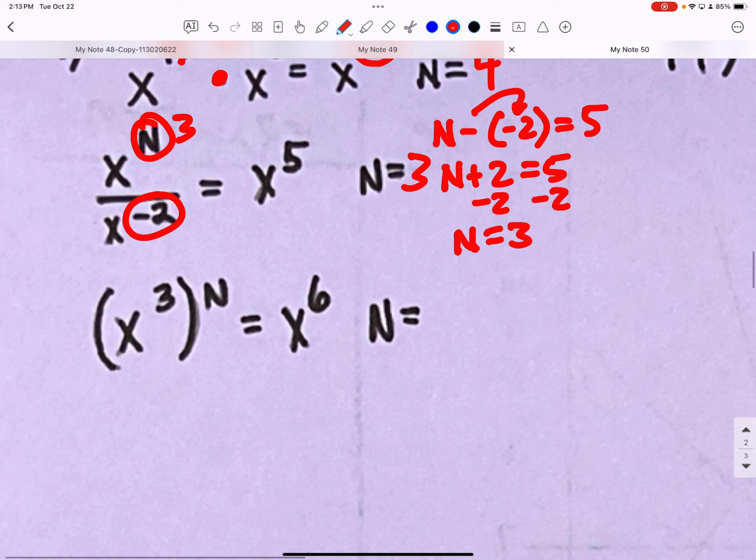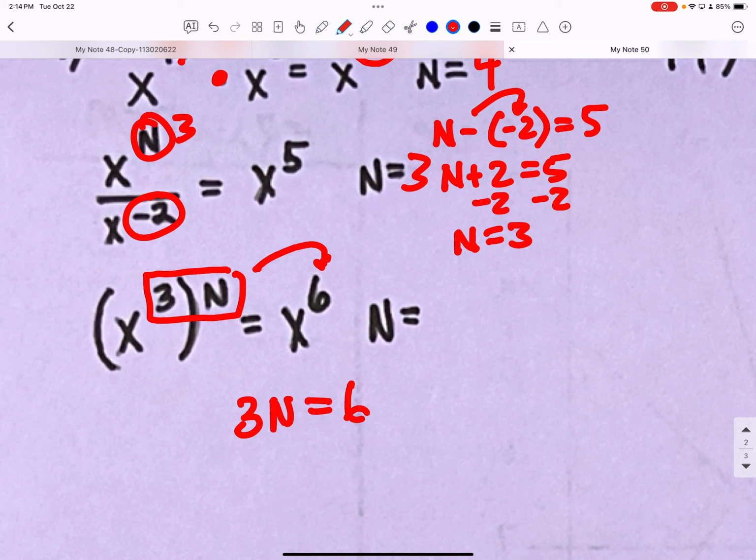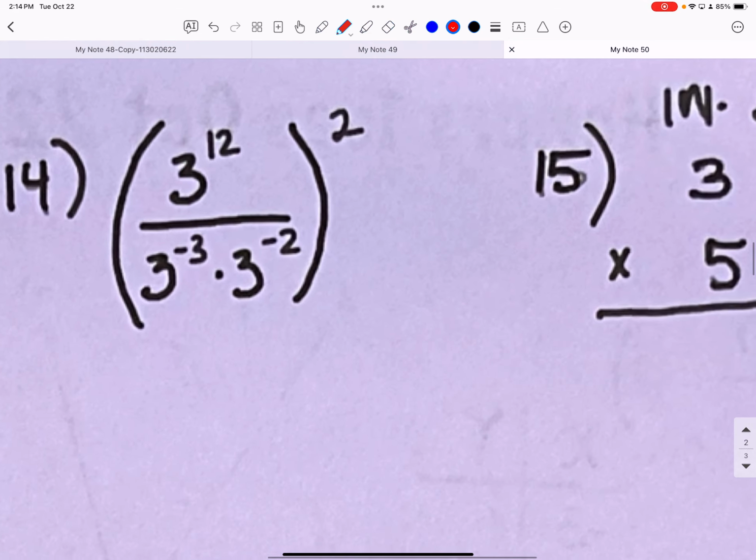All right. In powers of powers, one less than powers is multiplication. So 3 times n is how we got to 6. So we divide by 3, and n was 2. That's how. So it's just another way to ask you the power rules. Over here, you can